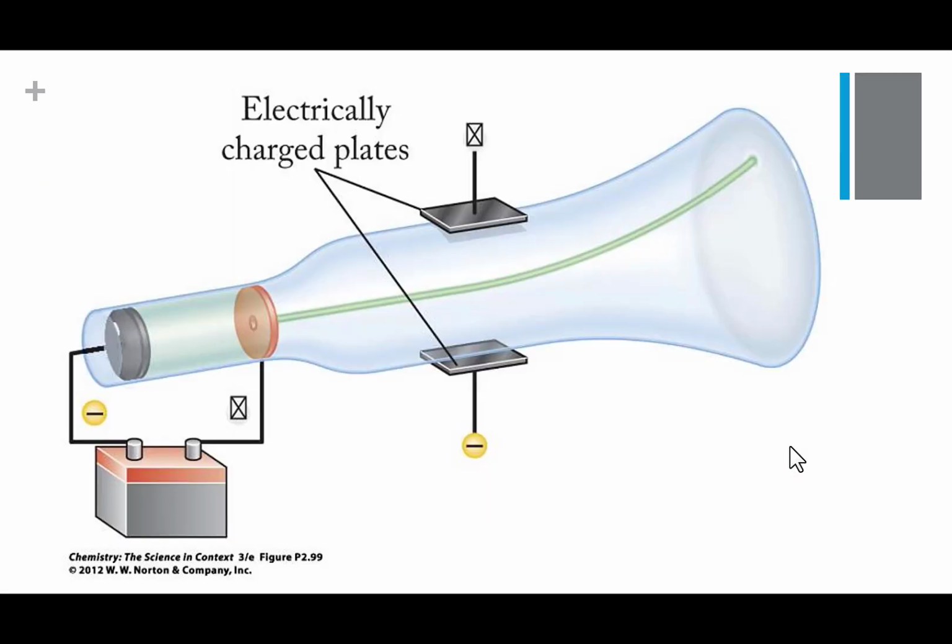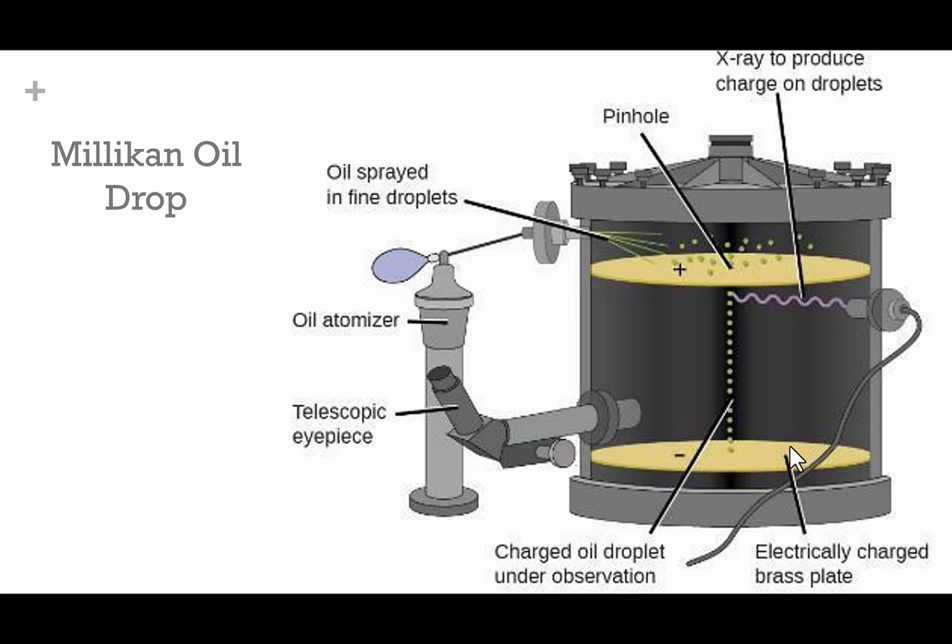The next experiment that we're going to talk about is the Millikan oil drop experiment. So once scientists discovered these particles and the fact that they were charged, the next thing that we wanted to determine was, what is that charge? And what we discovered with the cathode ray tube and then the Millikan oil drop is we discovered electrons. We discovered that these particles had negative charges. And as it turns out, the Millikan oil drop could give us exactly what that negative charge was, like how many volts it was, which is pretty mind-blowing that they were able to do this.